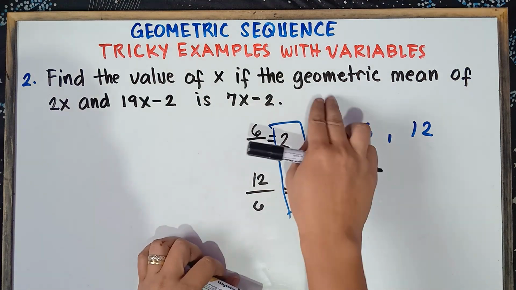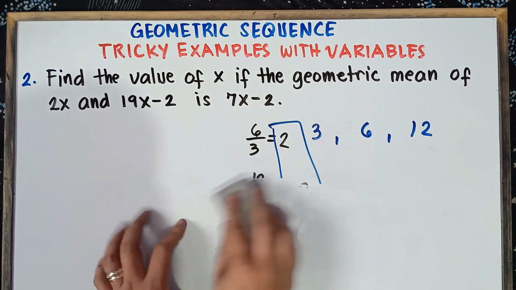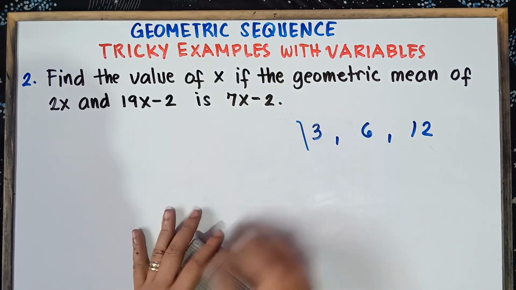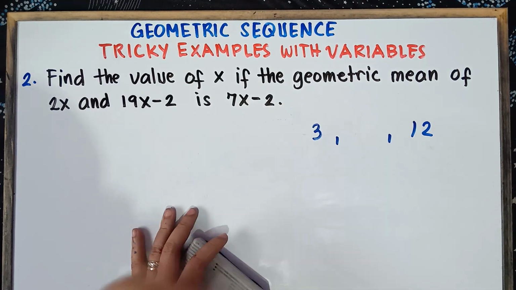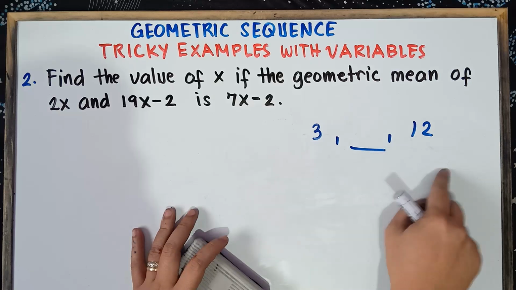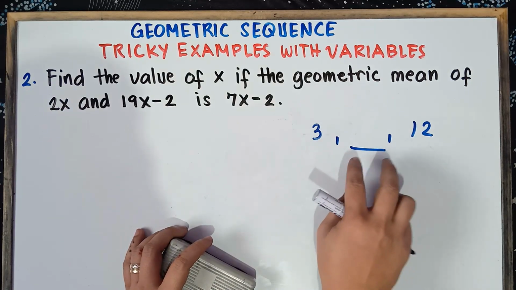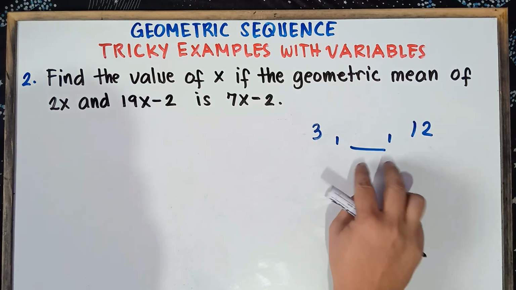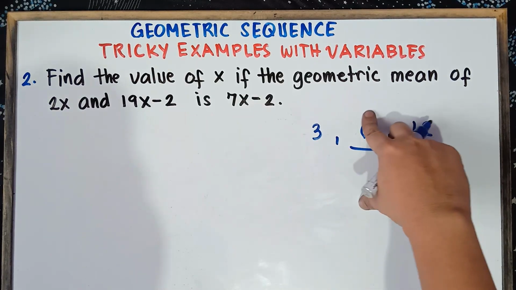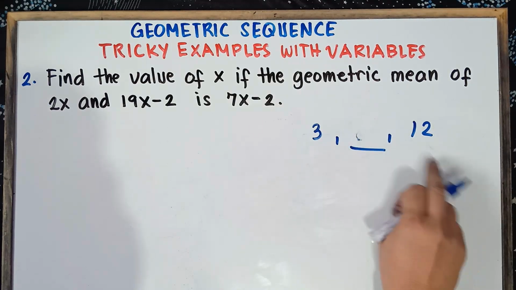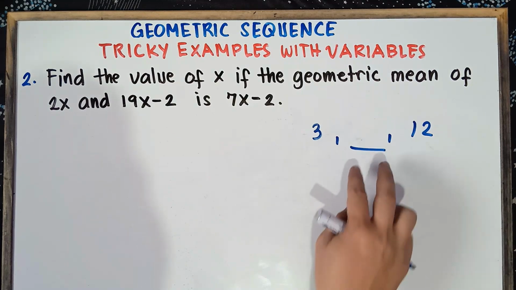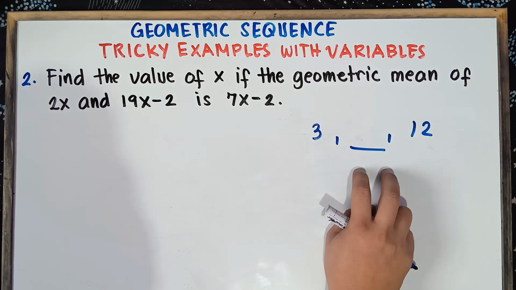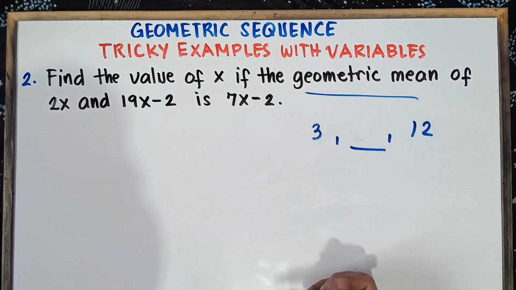Now, let's talk about geometric mean. If the teacher asks you to find the number between 3 and 12, for example, we are looking for the number in between 3 and 12 in a geometric sequence. How will you find this number? Once again, class, we know that this is 6 a while ago, right? Now, we are looking for this number. We are given the first term and the third term, and the teacher will ask you to find the middle number. How will you find the middle number? You can find this middle number by applying the geometric mean formula.